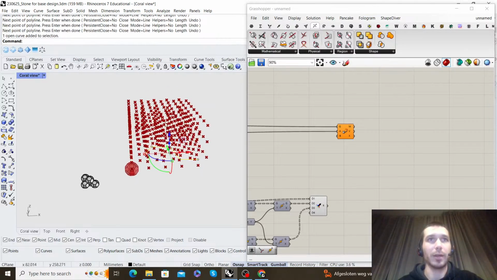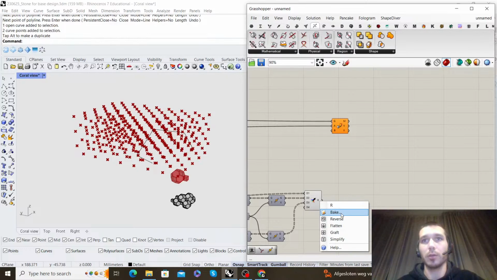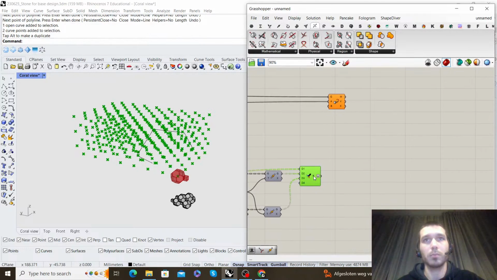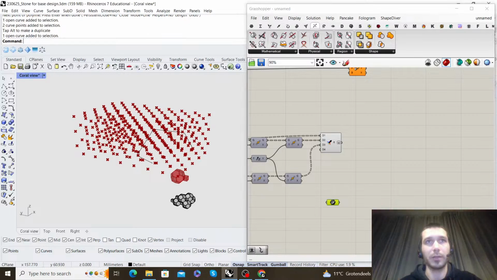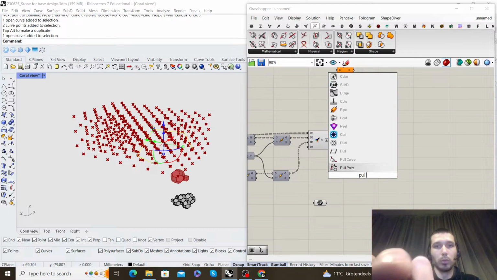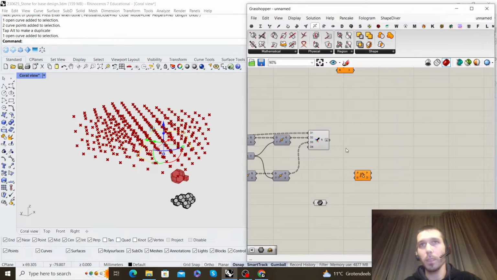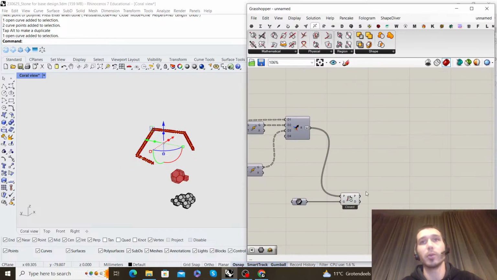So we can draw an attractor geometry. It can also be a point, it can be a polyline, doesn't really matter. Now I'm going to flatten all these points. We don't really care about data at this point. And then we say curve. We put this attractor geometry, right? And then we say pull point. So we use this curve as an attractor geometry,